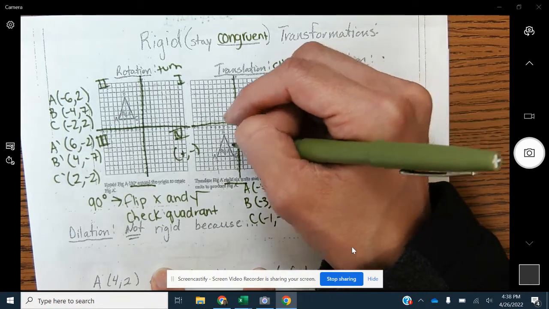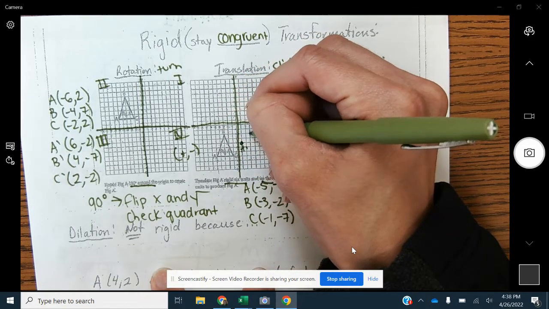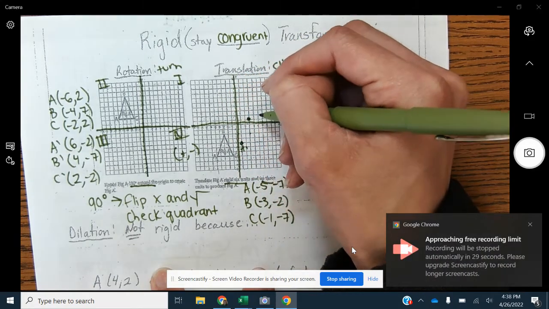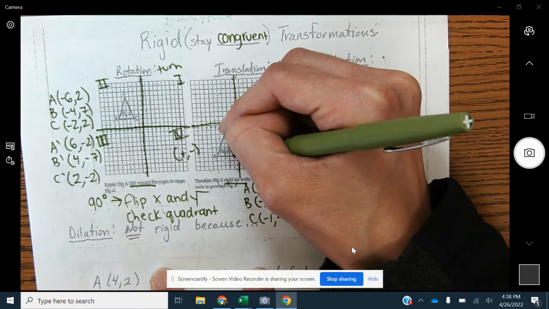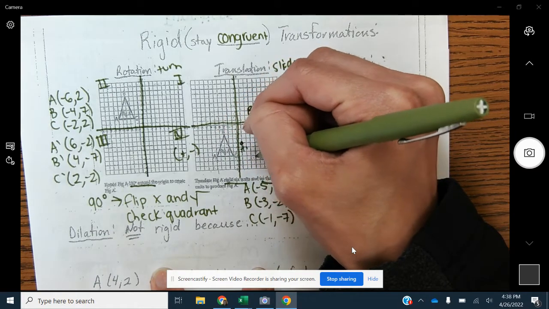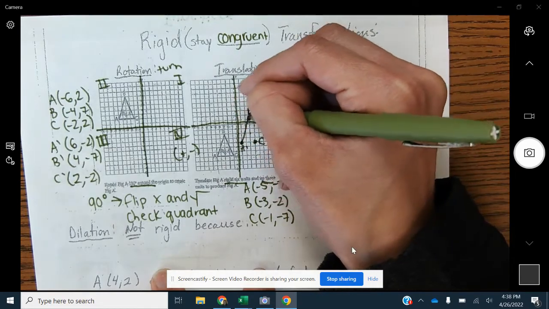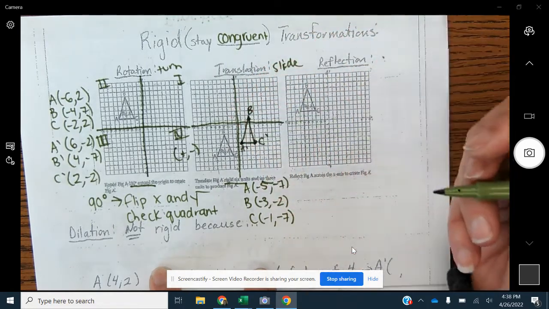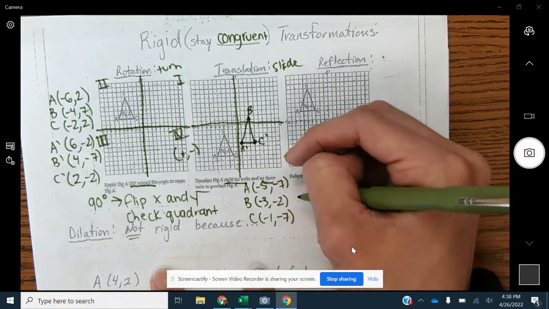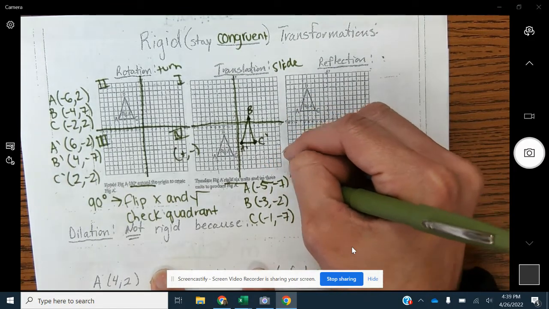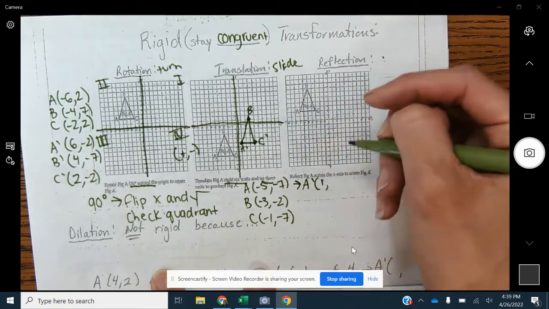B prime, we're going to go right 6, 1, 2, 3, 4, 5, 6, and up 3. 1, 2, 3. That's B prime. C again, we're going to go right 6, 1, 2, 3, 4, 5, 6, and up 3. 1, 2, 3. That's C prime. So that should look like that. And we can record our new coordinates. So A prime is now located at 1, -1,